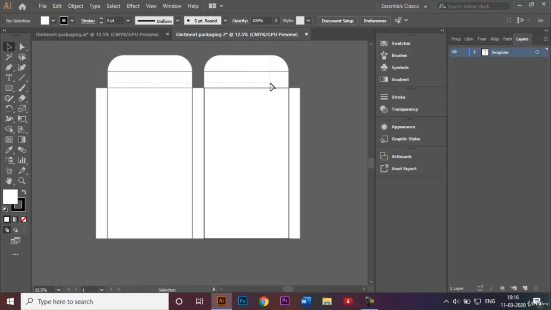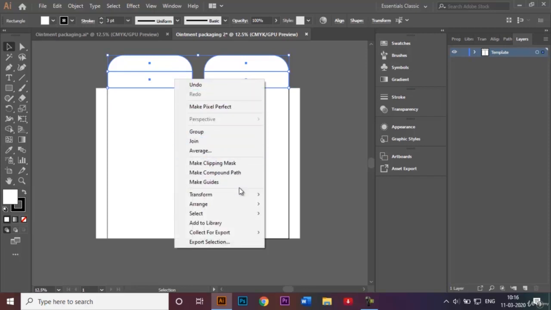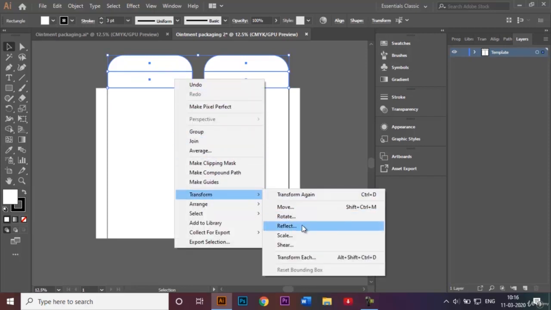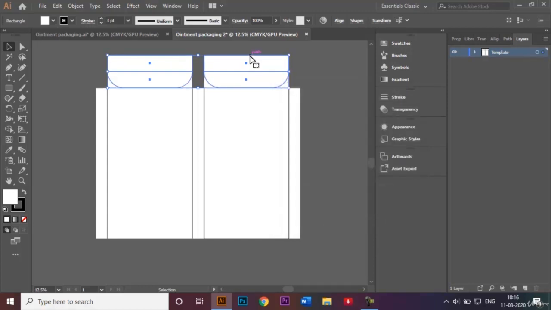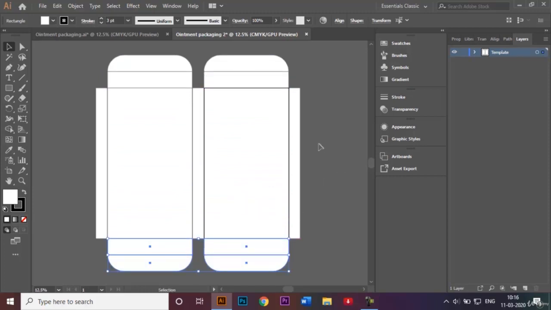Now I'll select these two. I'm going to make another mirror image of these two flaps on the bottom as well. To do that, right click on this, go to Transform and Reflect. I'll choose this horizontal one, which means it's going to be from top to bottom, and click on Copy. I'm just going to drag these two down over here like that. Once that's done,